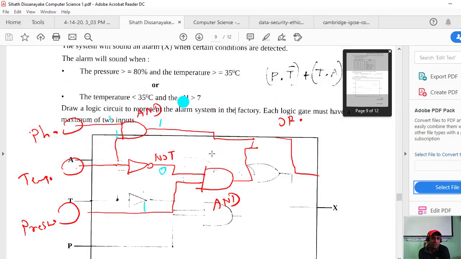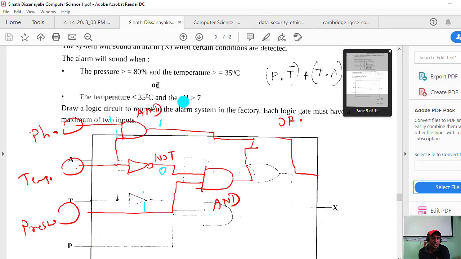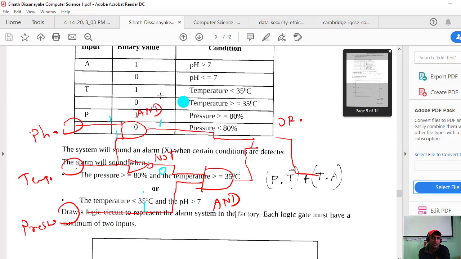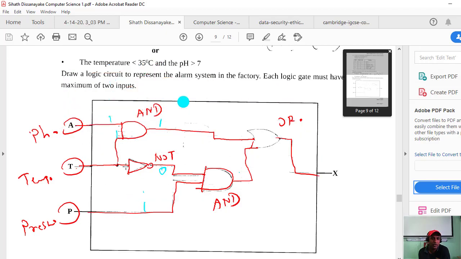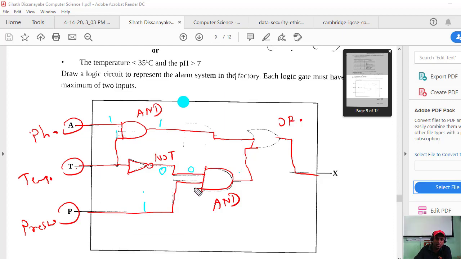What is the next condition? The next condition is temperature greater than or equal to 35. That means 0, no? So here temperature, here 1, through the NOT gate 0. Okay. Now how does it come to NAND, AND gate? What should the answer be here?